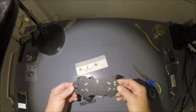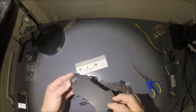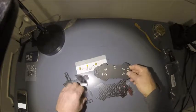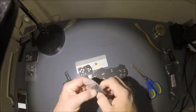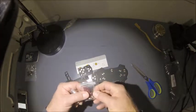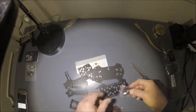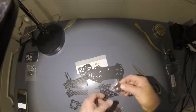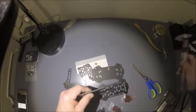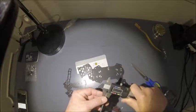So you got the base plate. That's actually the PDB. Pretty nice. Pretty simple looking. You got some hardware and screw kits, standoff kit, the upper plate, some more hardware, the arms. Let's see, arms are,